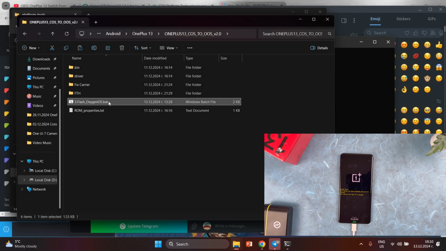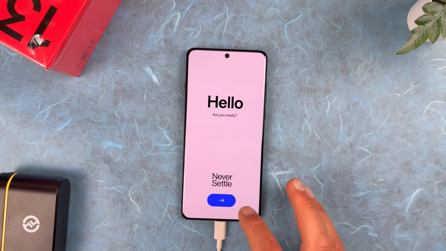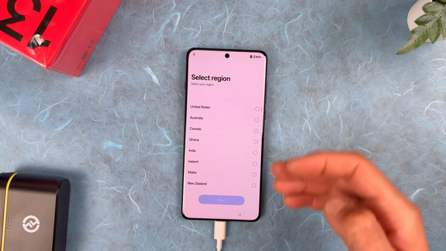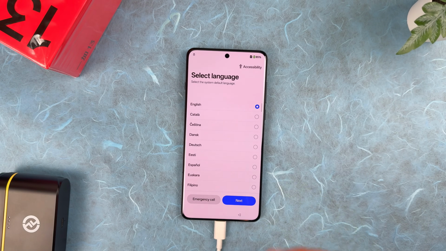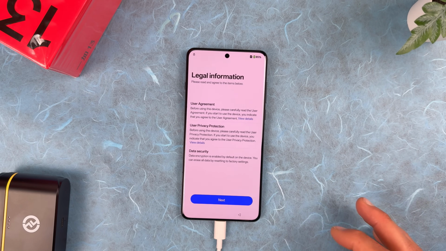Now we need to wait for the device. It will boot in OxygenOS. You can see already OxygenOS logo appearing. Now it's booted up. Never settle. Tap on the arrow, select the language. From here you can see we have enough languages. That means we are using already OxygenOS. Tap next, select your region,